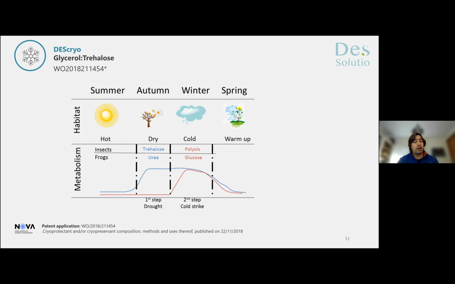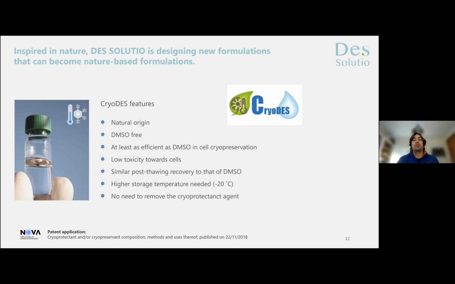And we thought, why not try to produce a deep eutectic system that can combine the advantage of more than one component, one metabolite? And we hypothesize maybe the animals use these hypothetical systems to survive. Why not use these for cryopreservation of cells? And this is what we've done. And we've created NADES, which is a solution that we have now already developed. And what we realize is that it has several advantages.